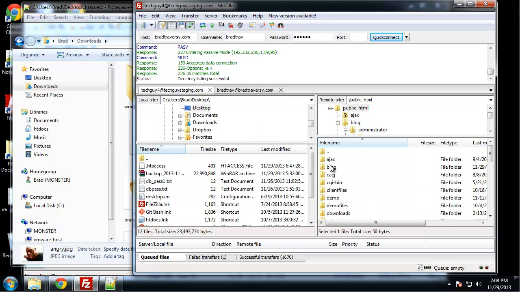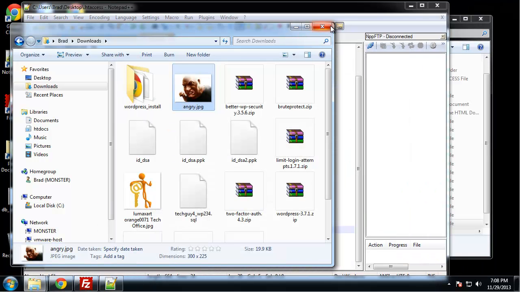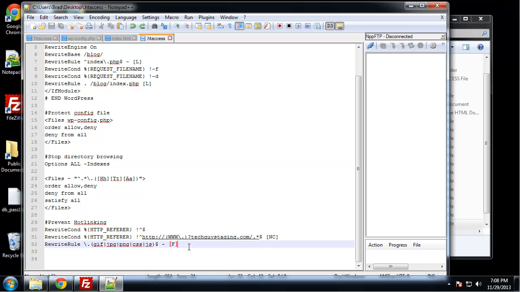Okay, I'm going to go back into the blog, and now we just need to edit our htaccess file a little bit. So there's not much we need to edit. The first two lines can stay the same. I'm going to take the JavaScript and the CSS out because it wouldn't really make sense to replace those with images. So we'll leave the 3 image extensions. And now what we want to do is get rid of this and put in our link. So it's techguystaging.com/angry.jpg, and then we're just going to have some brackets with an R, comma, L. So if we save that and upload,